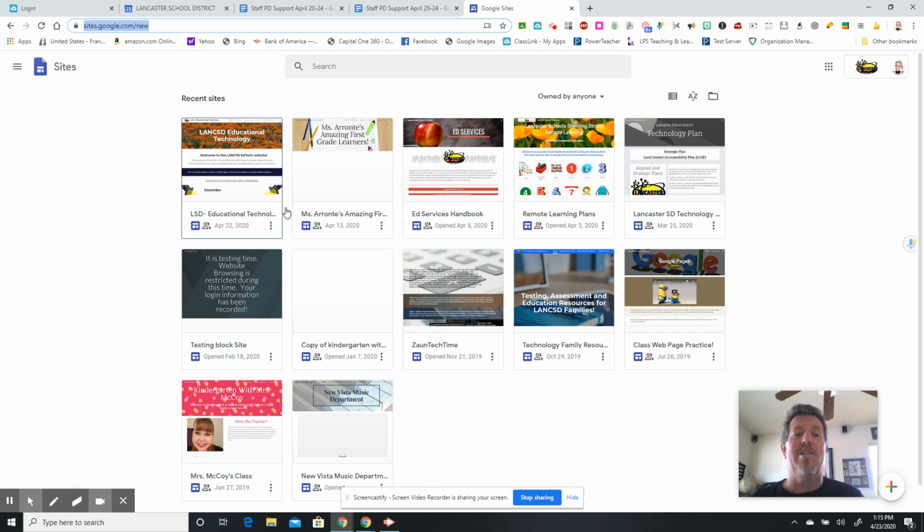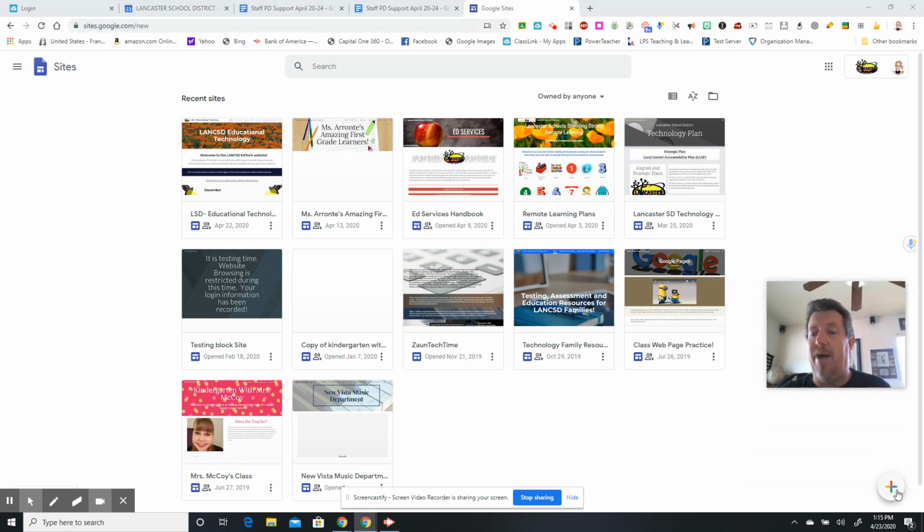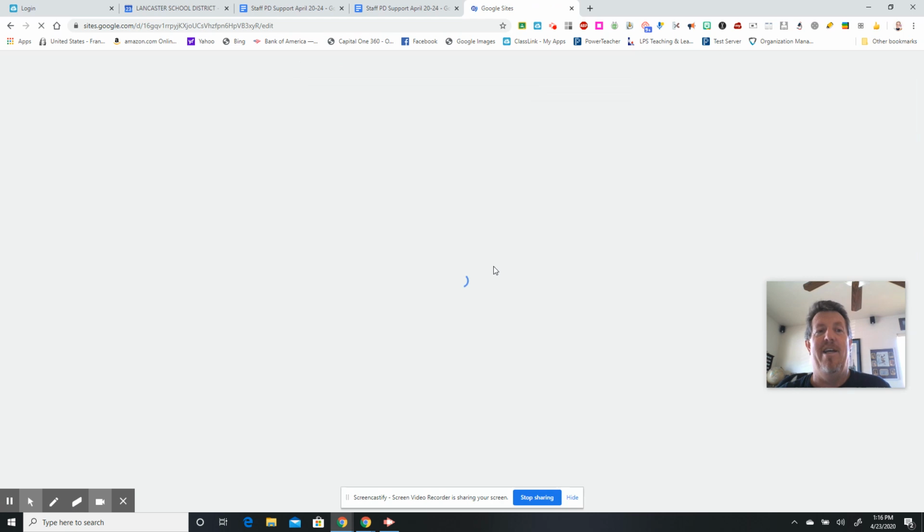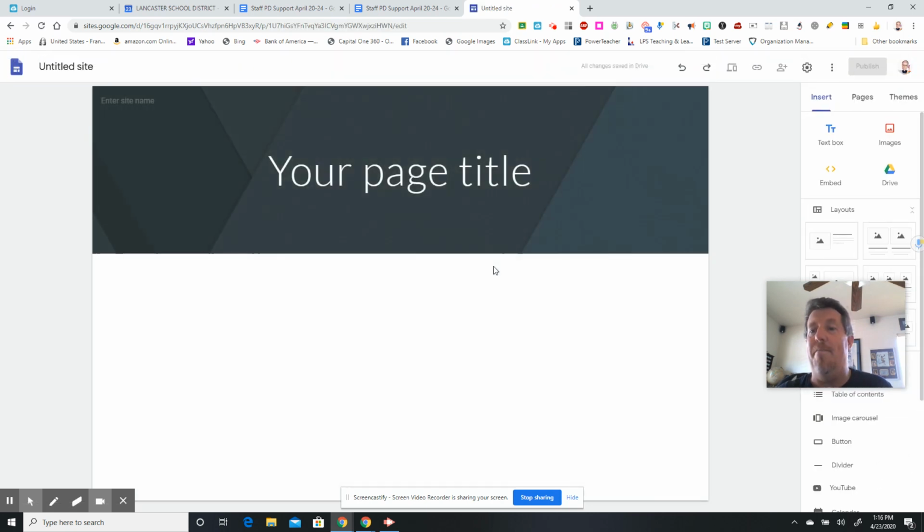It kind of works like a tile. So each one of these is a website, either one that I've built or I'm working with other people on. So those are different websites. If you want to create a new one, there's a plus button in the bottom corner of your screen. You just hit the plus button to create a new website, and it'll pop up to where you have an untitled new web page that you're going to build. First thing you want to do, of course, is give it a title. So I'm going to call this one